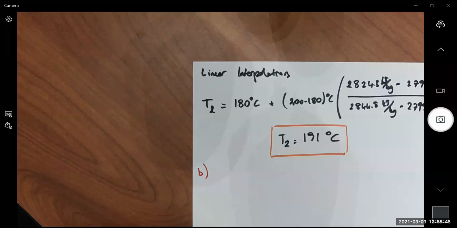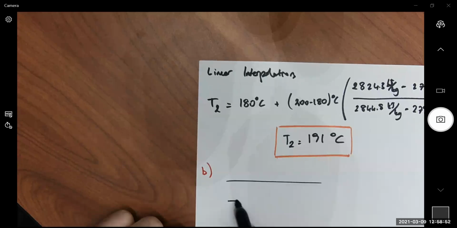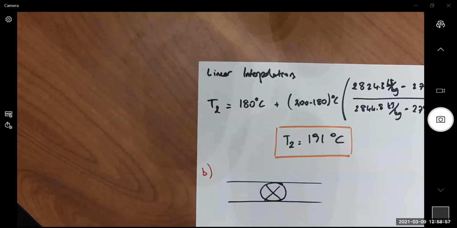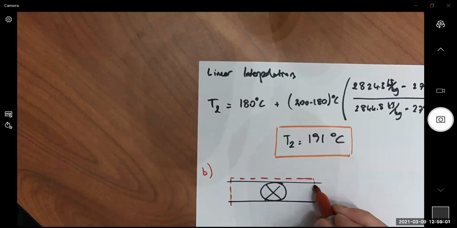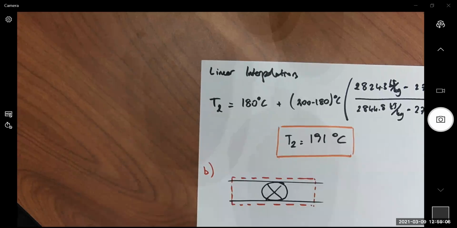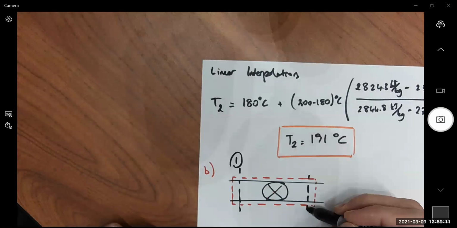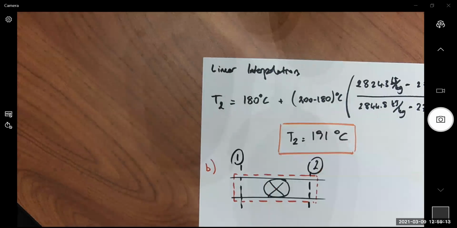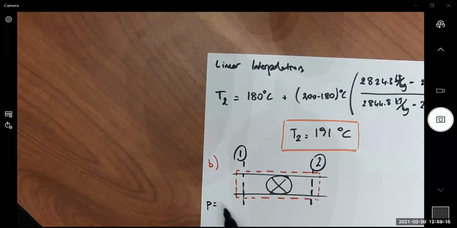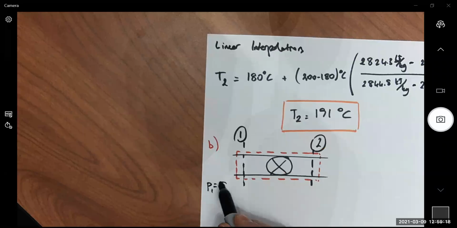Part B. We again have a throttle, but the conditions are different. Boundary conditions: one inlet, one outlet, 1 and 2. The inlet condition pressure is 8 bar,